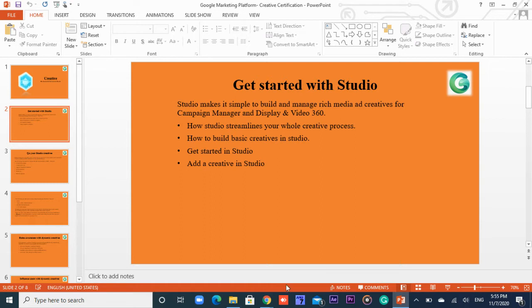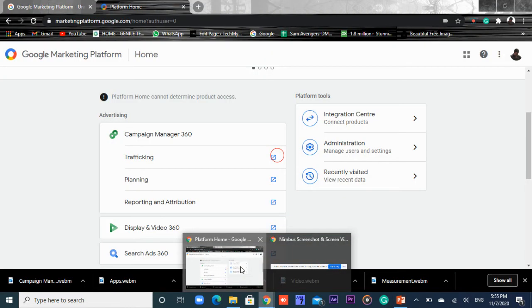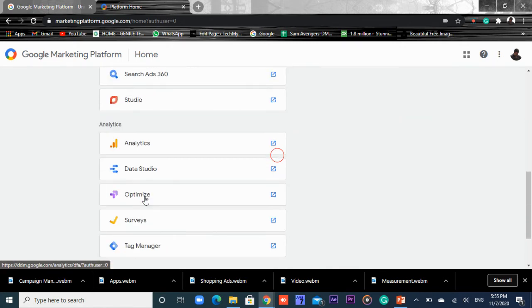Let me show you an example. For example, I am going into Google Analytics. After going into Google Analytics, we will be able to see some formats of displaying the results by Google Analytics that has been developed by itself through machine learning tools.